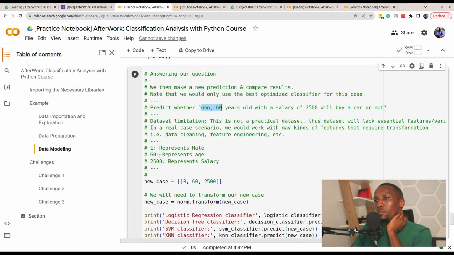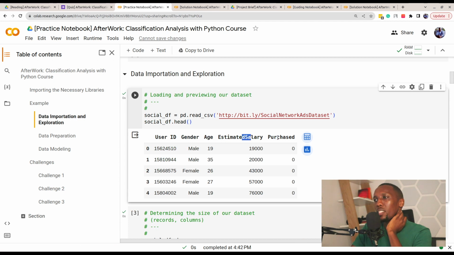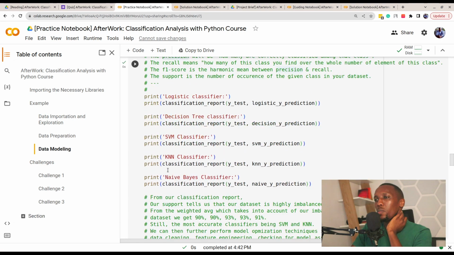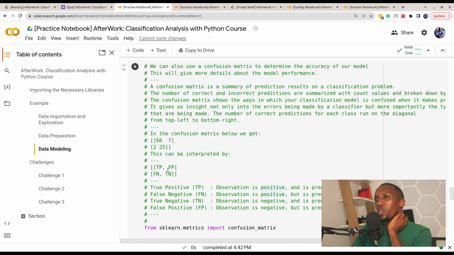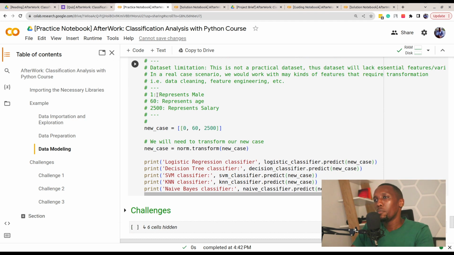So when we had a few, we had 3 or 4 columns. If you look at our data set here, we had gender, age, estimated salary, and purchase. John is male, so we'll give him a 1. Age, we'll give him an age as well. So going back here, John is